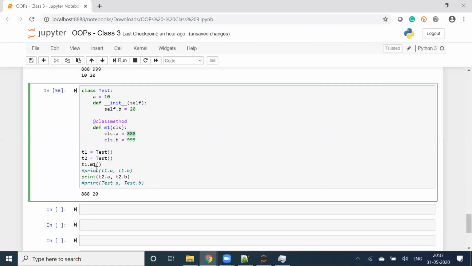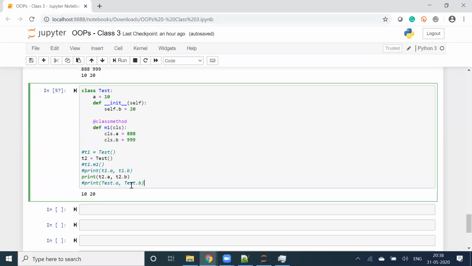Once it is updated to 888, when I run T2.test and call T2.a, what is the new value? 888. That is why we are getting 888. But now when I remove this part and this part, and I am just calling an object T2, let's execute this. 10, 20.